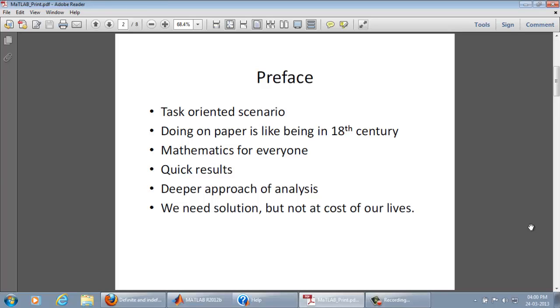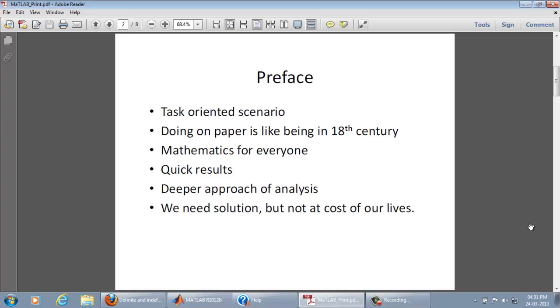Mathematics is not only for those people who are willing to sacrifice all their lives, but with the help of MATLAB it is now for those people who are a bit lazy like me and want to accomplish their task with a minimum amount of work, minimum labor. So mathematics is also their cup of tea too.